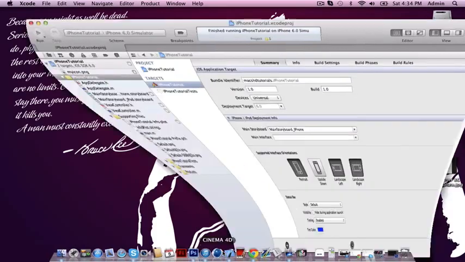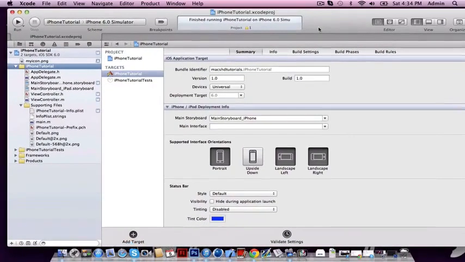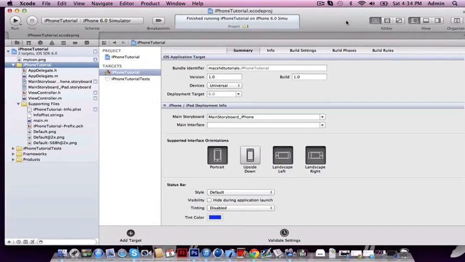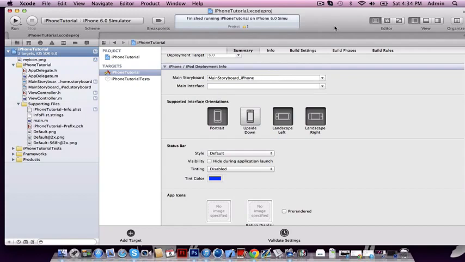I'm going to open Xcode. And this is our project, iPhone tutorial. You want to click on the project, not on any of these files. Click right here on the project, and then the summary of our project will pop up. If you scroll down,